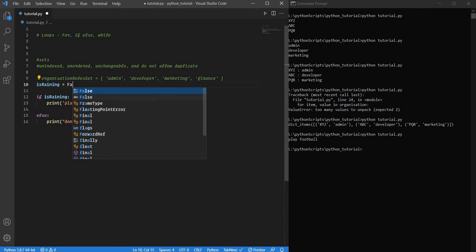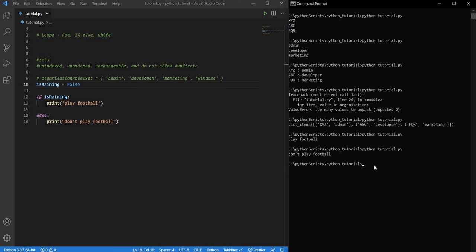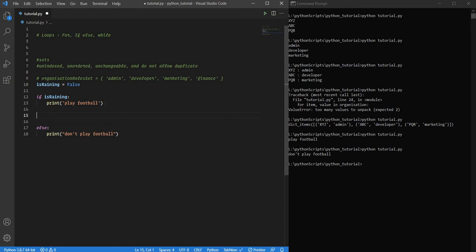Now if I make it false, I will get don't play football because this condition is not satisfied. This one is satisfied. So this is how you have the if and else statement. You can also have multiple if and else, which is like an if else ladder. How it works is, we have another condition here. We say else if is raining